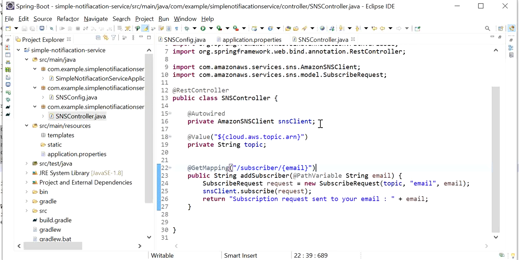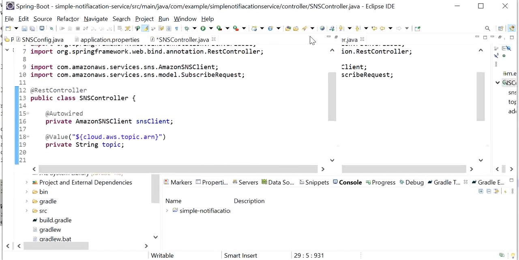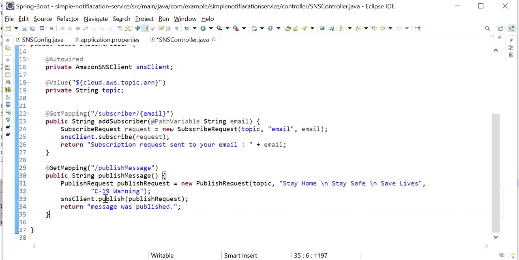The next endpoint will be used to publish the message. Here we have created the subscriber request, and when we publish the message, we need to create a publish message request. So here we can see we have created the publish request.